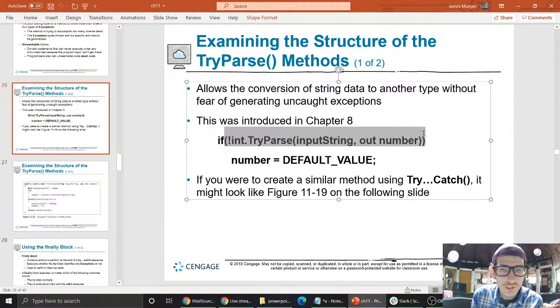So you can use this try parse method to pass in the input from the user,